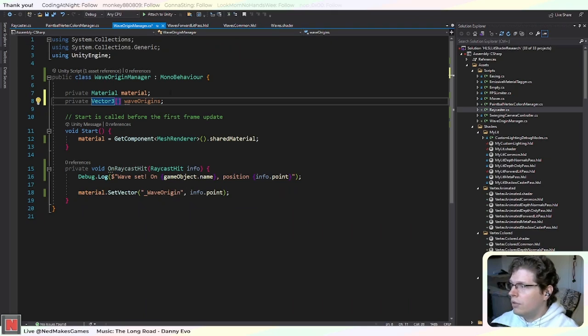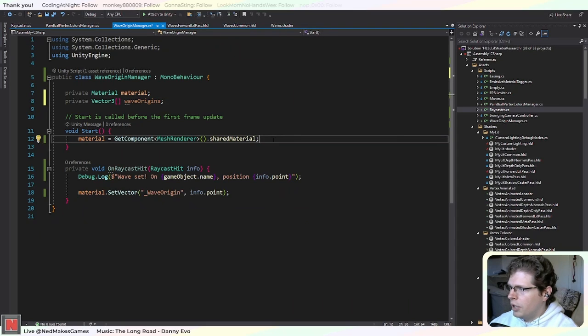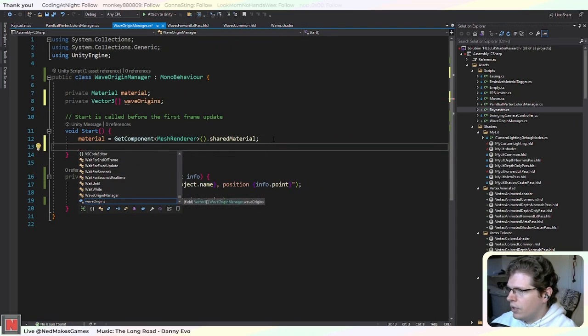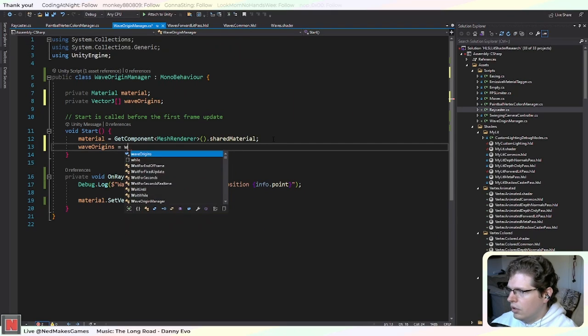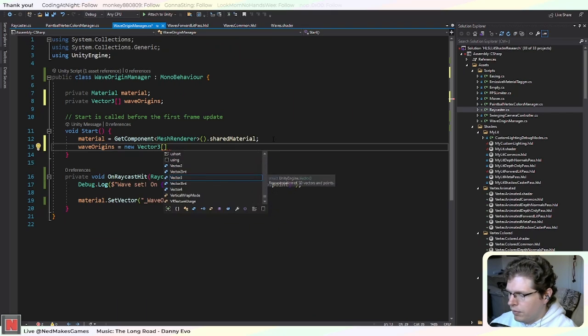I don't know. Let's see. I'm not sure if it'll let me use a vector 3. I might have to upgrade these to vector 4s. And unfortunately, you can't grab the max number of waves, that defined value, from a shader, so you kind of have to keep them synchronized, which is a little annoying. But oops, we'll just say